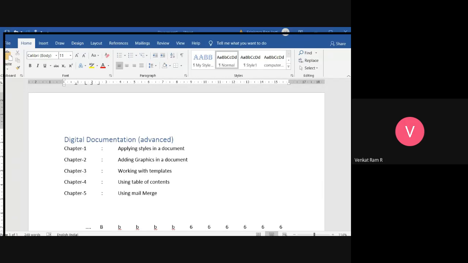What is table of contents and where does it appear? No idea, sir. Okay. Afrin, what is this table of contents?